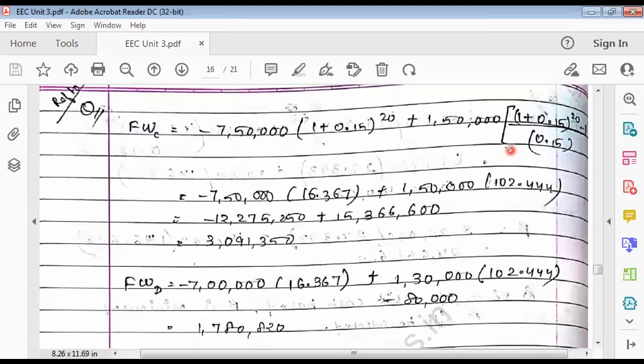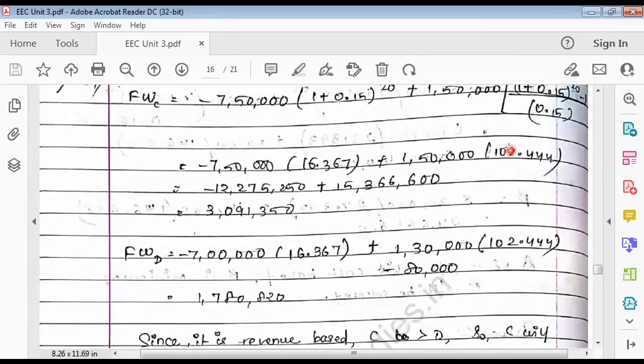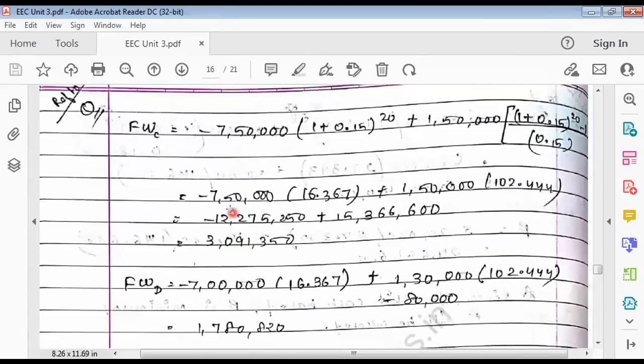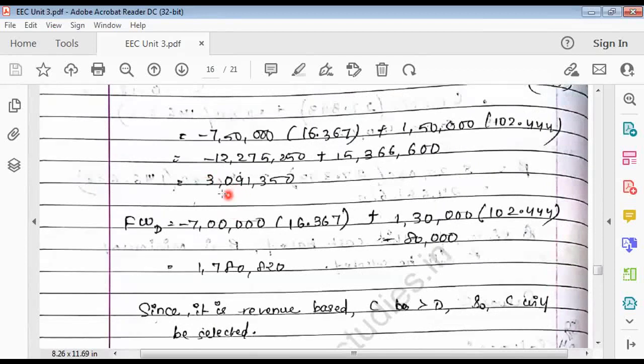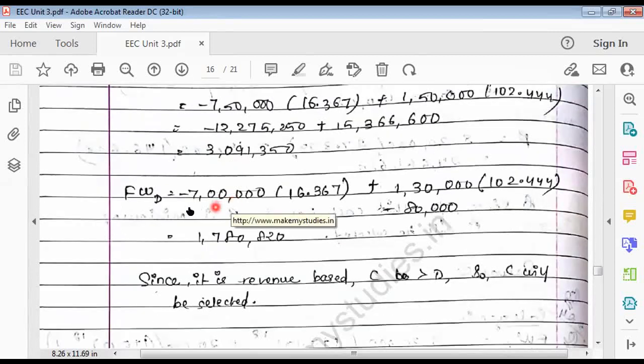But for D there is a salvage value. So the value you got for FWC is 30 lakhs 91,350. D minus 7 lakhs single time investment. So first formula, whose value is 16.367. 1,30,000 is annual return. You expect to get this every year till next 20 years. So second formula, whose value is